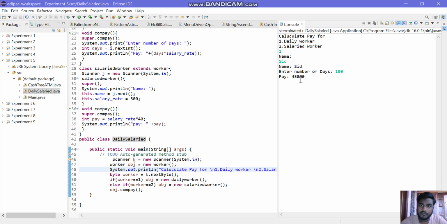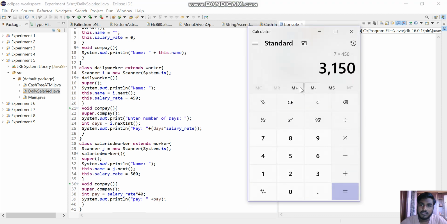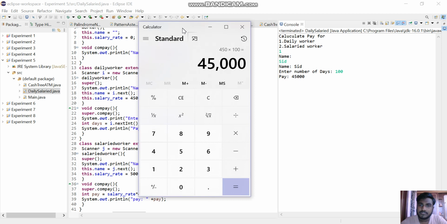Since in our program we have 450 as the pay rate, you all know that 450 into 100. He worked 100 days, so he's getting 45,000. So the daily worker is getting 45,000 rupees.